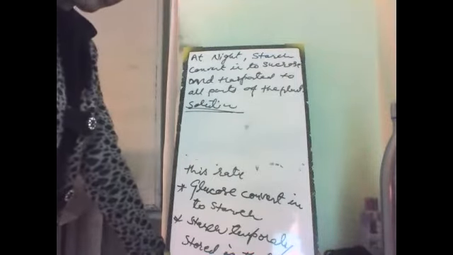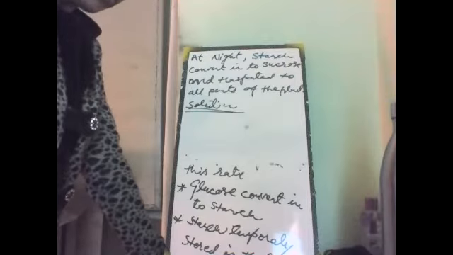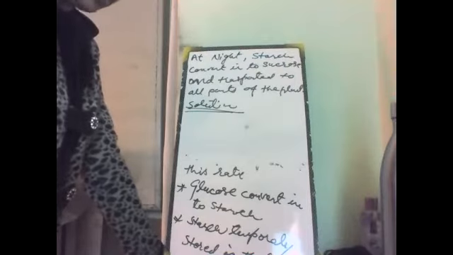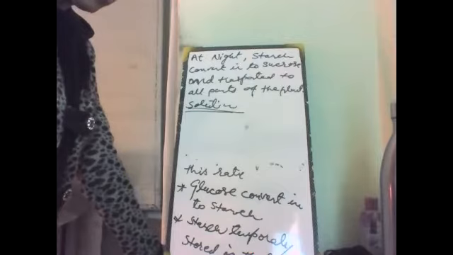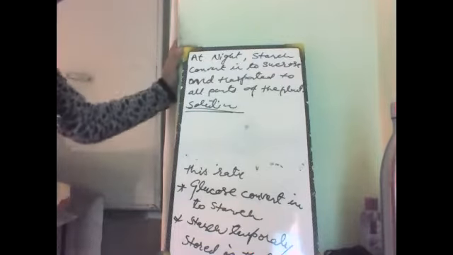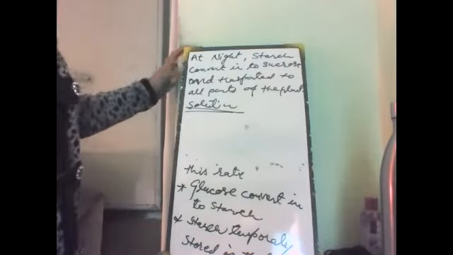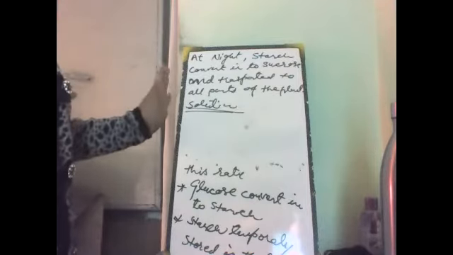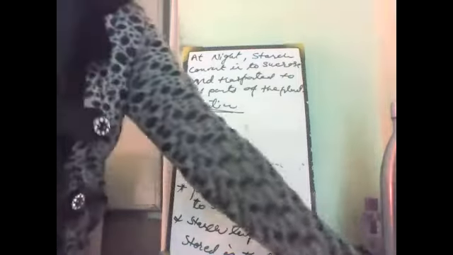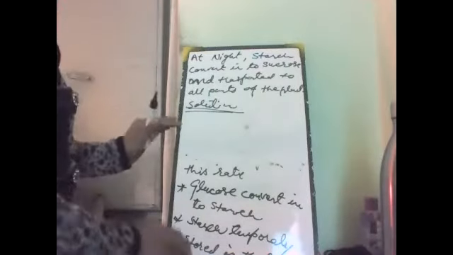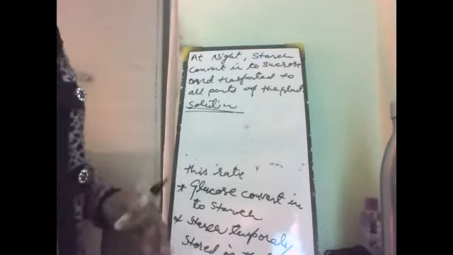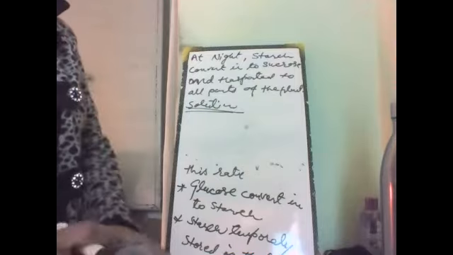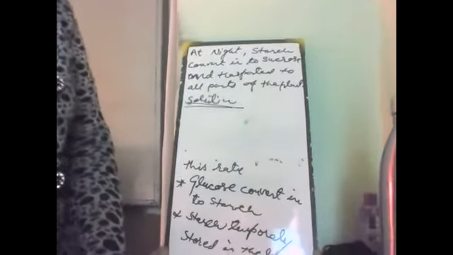As per the requirement of the plant, sucrose is either utilized to produce energy or stored in the form of starch. If the requirement of sucrose is there, then it is utilized by the plant, or if it is not, then it is stored in the form of starch. This is the process of transportation and utilization of food.